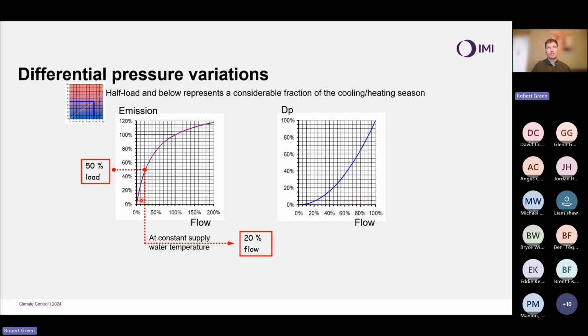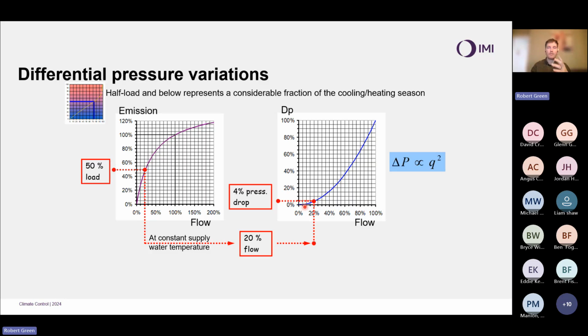And where this becomes really interesting for a hydronic engineer is when we look at the relation between flow and differential pressure, this famous inverse square law, where we say the differential pressure through a pipe, a system, a device, any static part of a system is proportional to the square of the flow going through it. So when we're now running at 50% load, 20% flow, actually, we're only running at around 4% of the pressure drop in that system. So my pump is operating at that full load, let's say this 5 megawatt system.